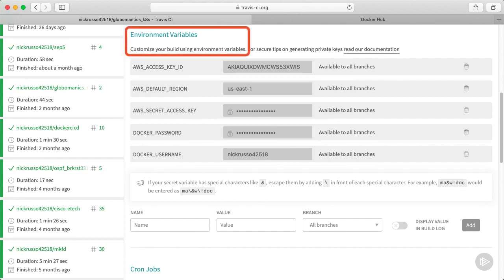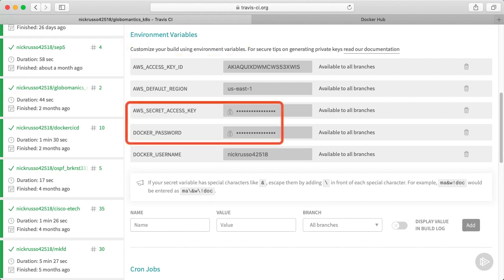Using environment variables in Travis is a great way to supply secrets and other information that isn't well suited to config files or source code. There are many ways of handling this, but I find environment variables to be the simplest approach. Notice that my secret variables are hidden. They won't show up in logs or through the web browser. At this point, we're ready to dig into Kubernetes manifests and the deployment process.